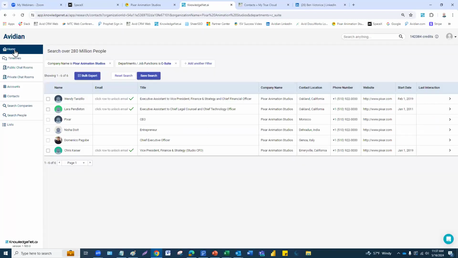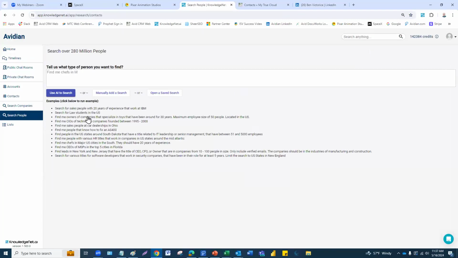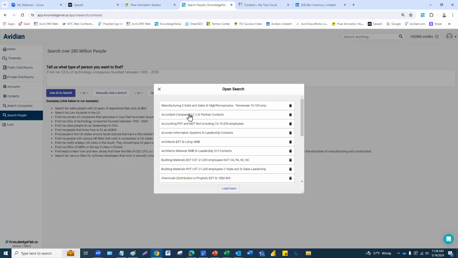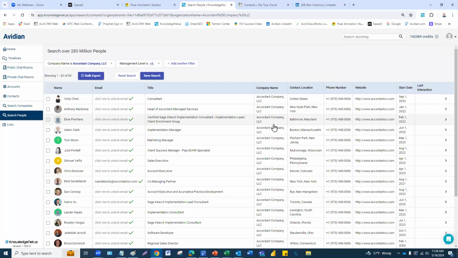And by the way, you can also just do a kind of global search. You can put in your criteria using AI, find me certain types of contacts in the southern states that are into XYZ. There's a bunch of suggestions there, or you can just create and add those manually. You can save those searches so that you can then export them later or do whatever you want with them. Export them, put them into Profit, look people up. Pretty awesome stuff. So that's the AI part of the